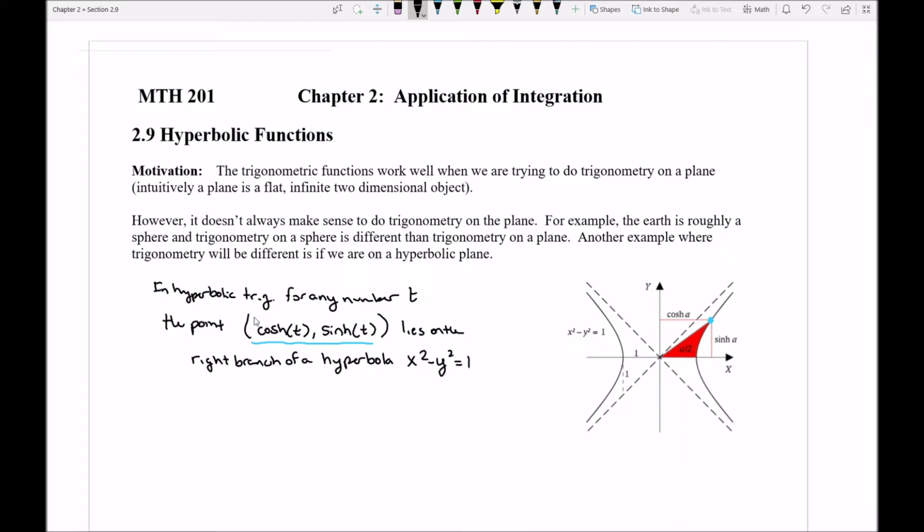Now, if I was to think about where this point is, I'll be able to say that, again, it lies on the right branch of this hyperbola, which is two parabola-like shapes facing in opposite directions. And my point's over there on the right-hand side. But it's also going to be the case